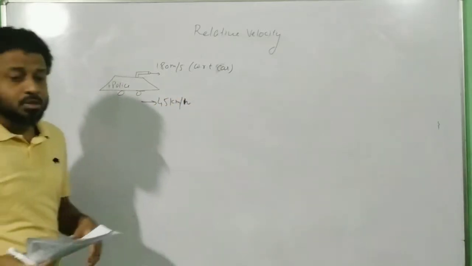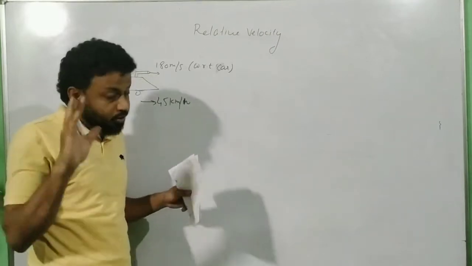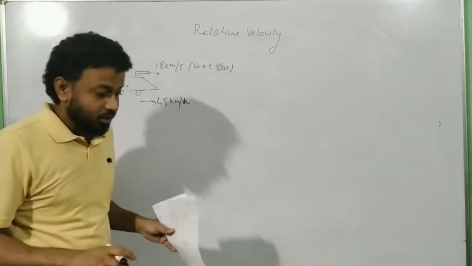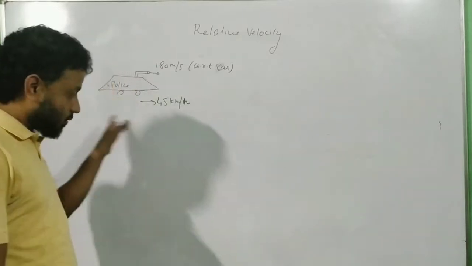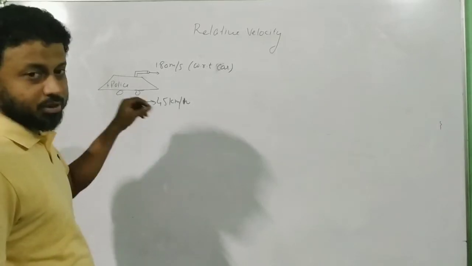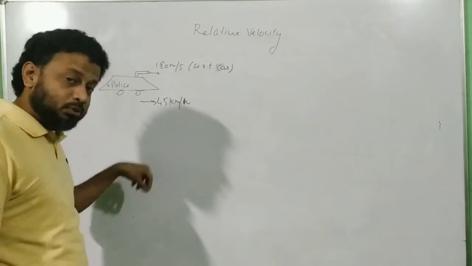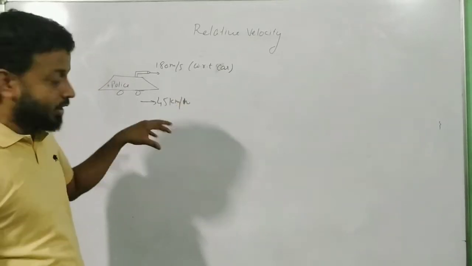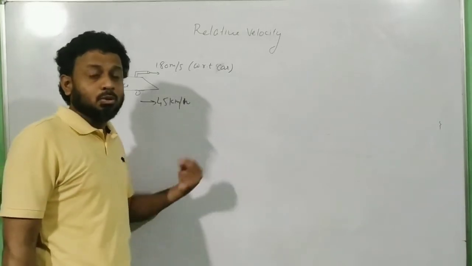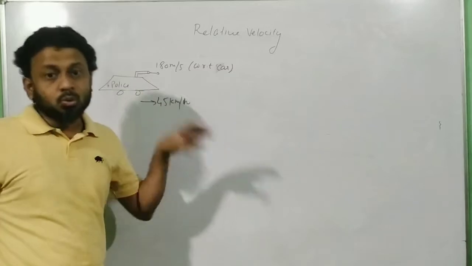With respect to car means what? Just imagine you are traveling in a bus. You put out your hand, and don't try this. Okay, you don't take out your hand from the bus. You just stretch your hand towards the aisle side and you drop something. Are you providing some velocity? No. So with respect to the bus, when you are dropping something and the bus is moving, the velocity which you are giving is 0. That is called velocity with respect to the moving car. That means you are giving 0 velocity.